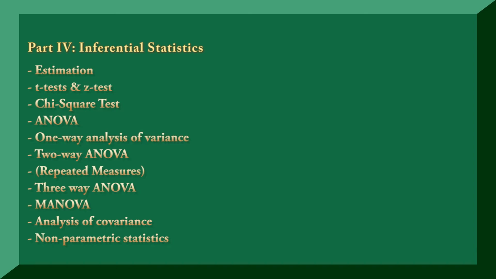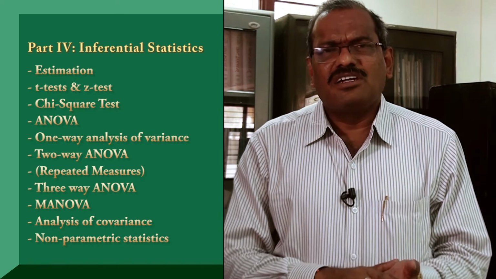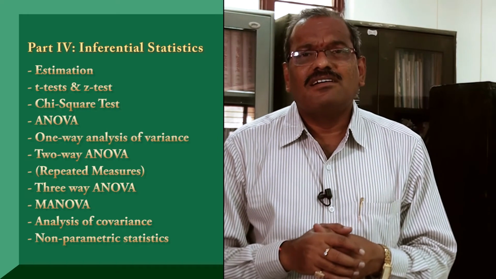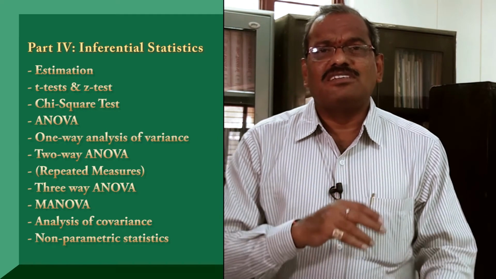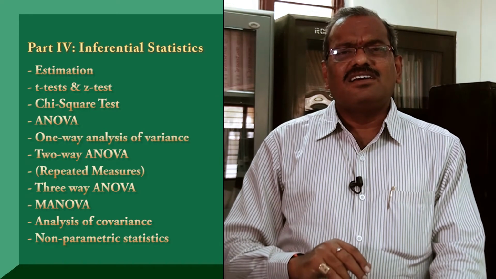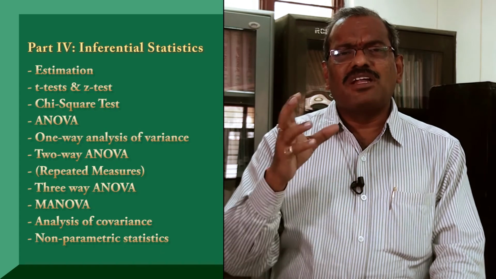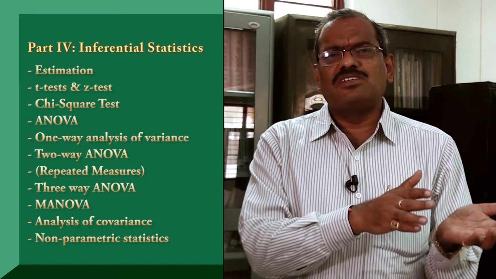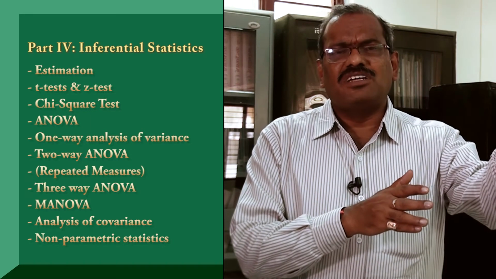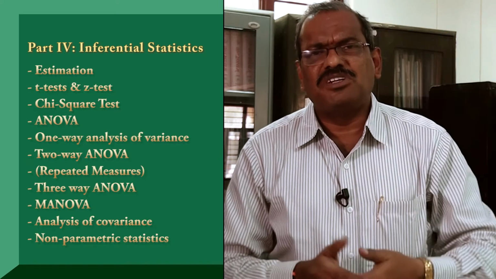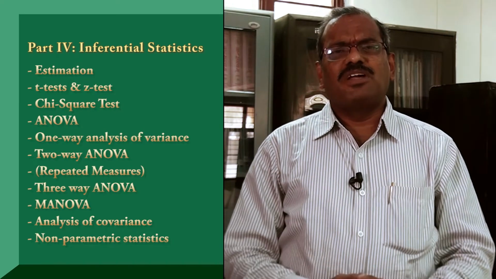Here this covers point estimation and interval estimation, and also it is going to discuss what kind of hypothesis it is, whether we have to use the one-tailed test or the two-tailed test, and also the parametric test and the non-parametric test. When we are very clear about the nature of the population, then we use the parametric test. When we are not sure about the nature of the population, we don't use the parametric test.